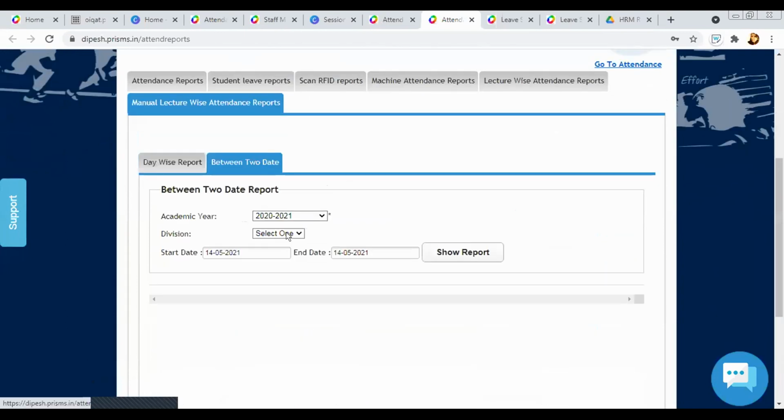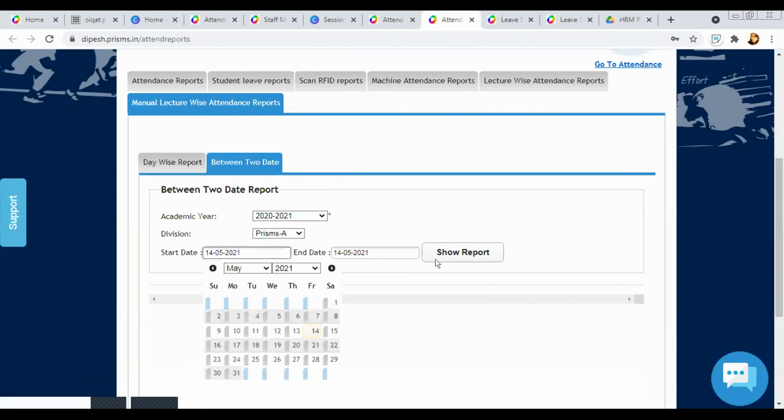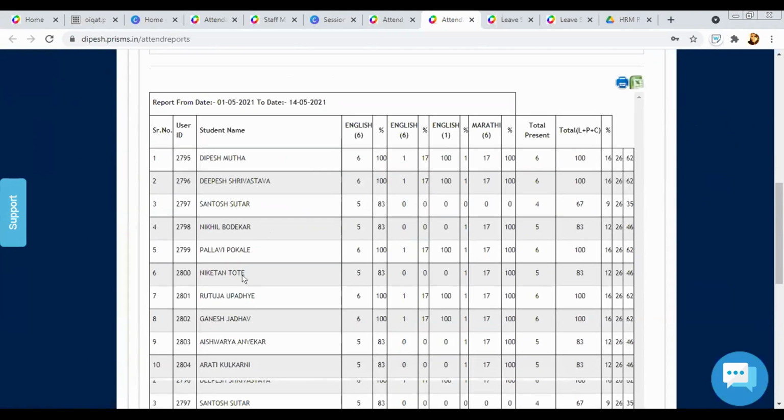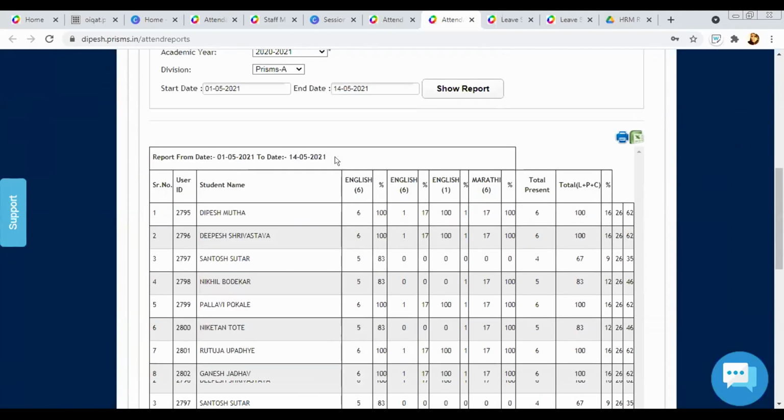And if I want to check any report between two dates, marked against any particular two dates, then I can check for that as well. So I can check a detailed report like this also from this particular date. This is good, where you'll get the subject name, percentage, the total number of lectures, and how many were present. So automatically this report would give you how many lectures that student was present for.